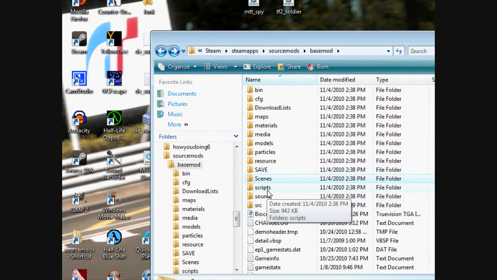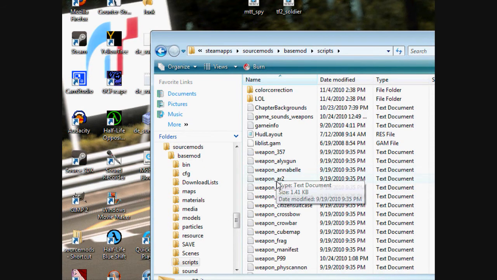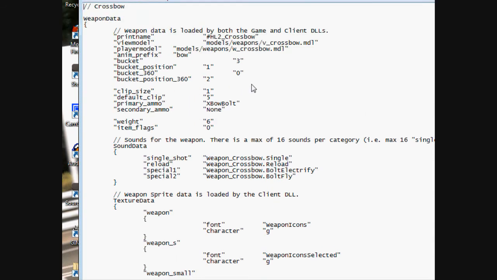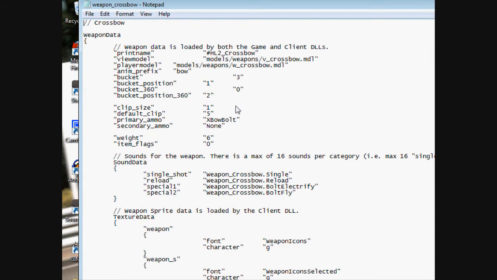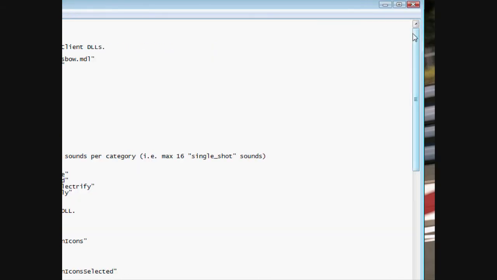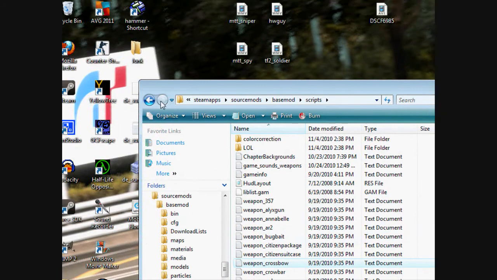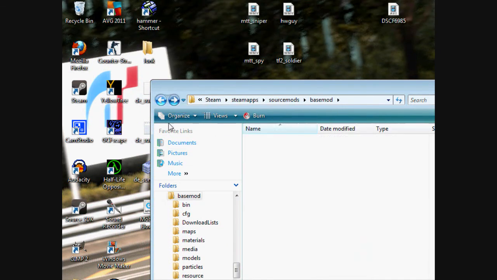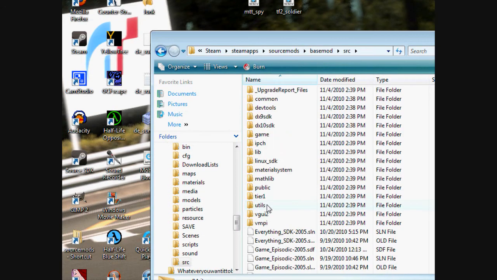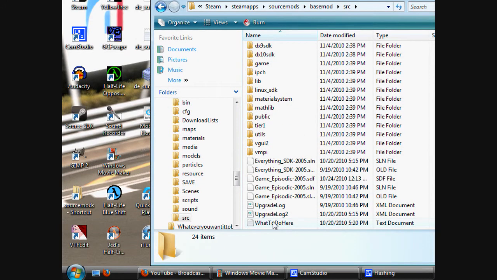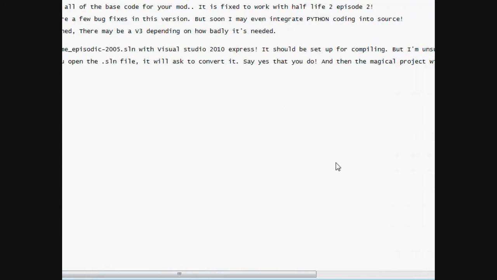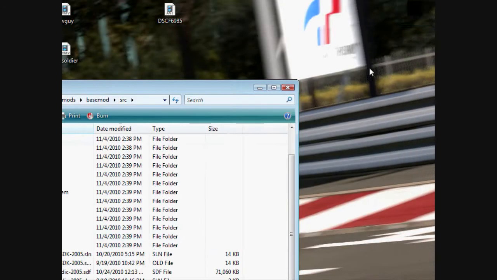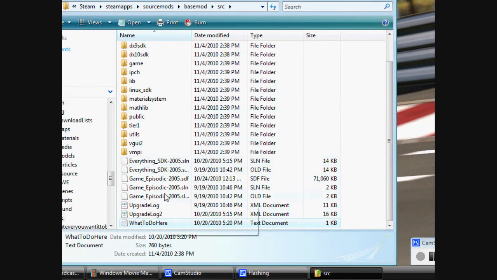You have your scripts, which is where you can change different parts of every gun in the game. You can change the clip size, the default clip size, the ammo that you have, the weight, and other various stuff. You have your sounds folder, which is where you put all your sounds in for your weapons and different stuff. Your source folder, which is where you put in new code that you have for your game, which is